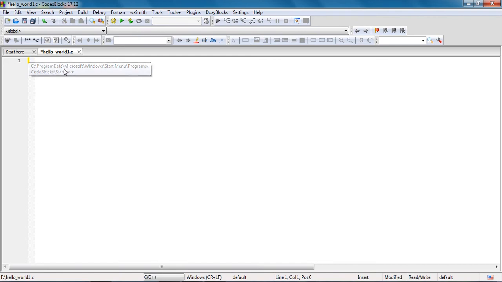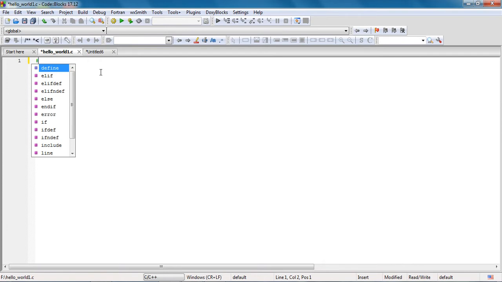First we have to save our file with the new file button. Take an empty file, and we have to save it with the .c format. After saving, we include some library files like hashtag include